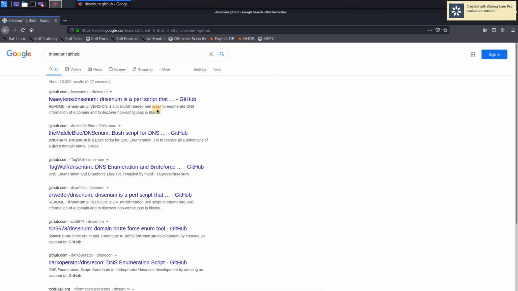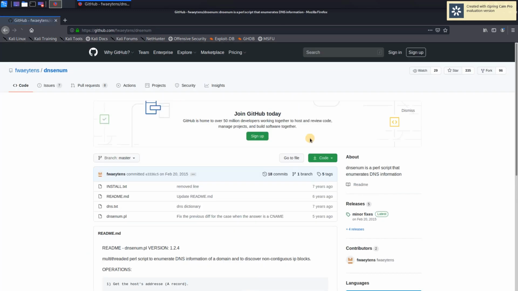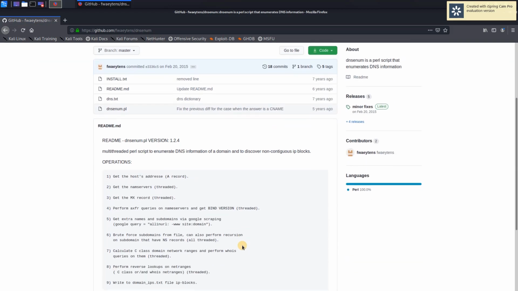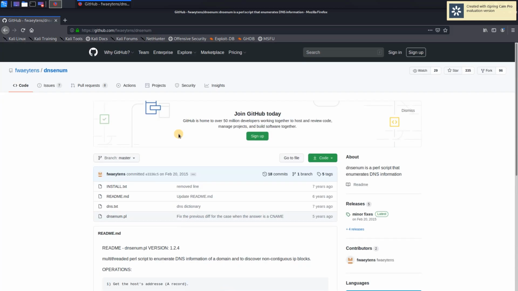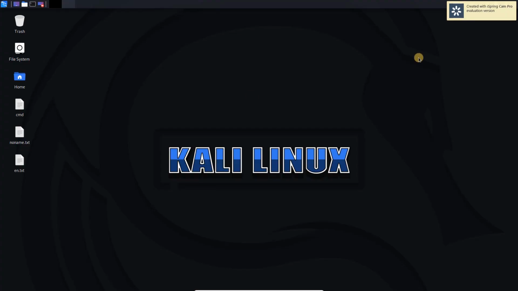So this is the tool dnsenum. You can directly clone from here by copying this URL, or you can also simply download this. And so let's look at this tool.